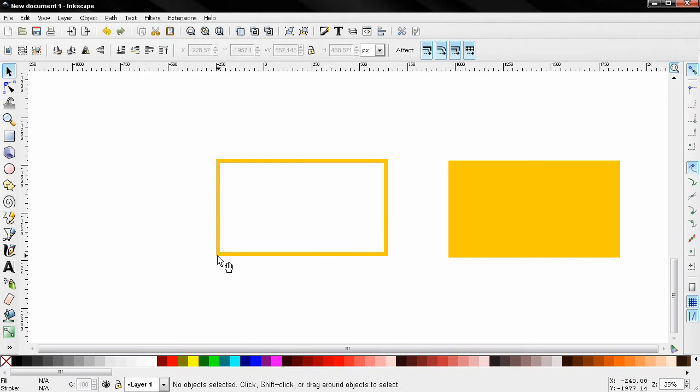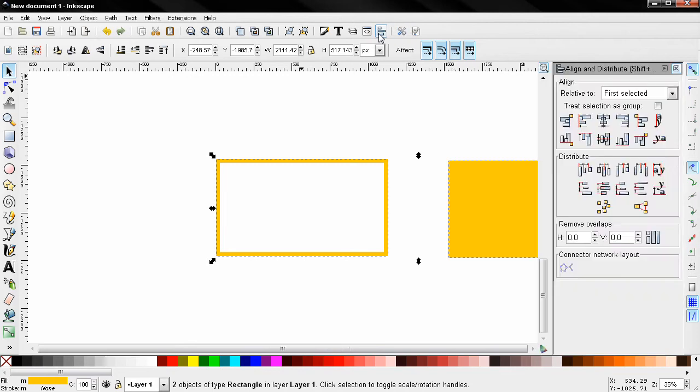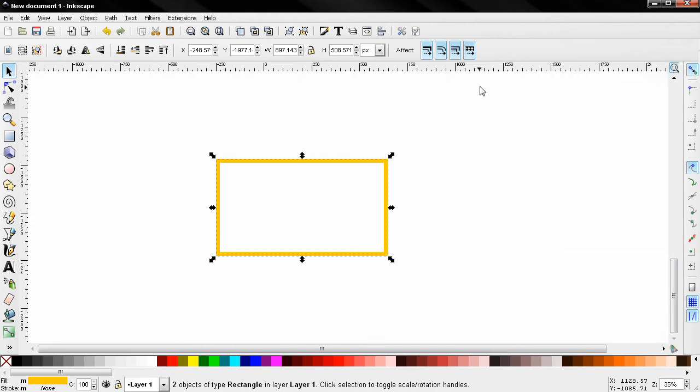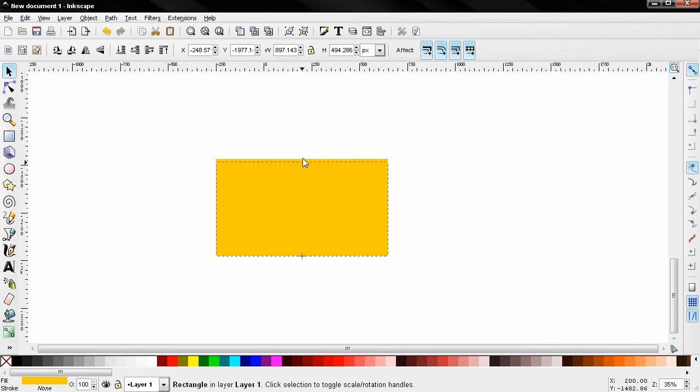Now I'm going to select this object and shift click on this object, bring out the align and distribute tool and click on these two options to align them on top of each other. And next I'll click away and again click on one of these objects and move them up. Now I'll use this arrow here to make this smaller